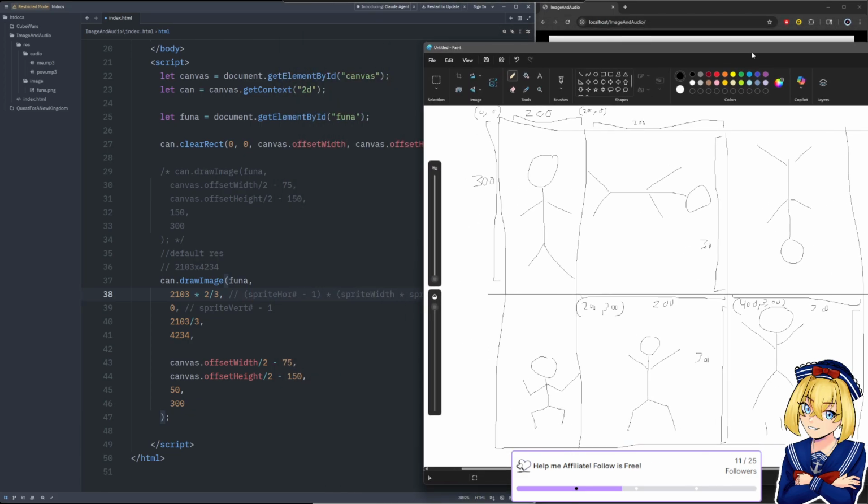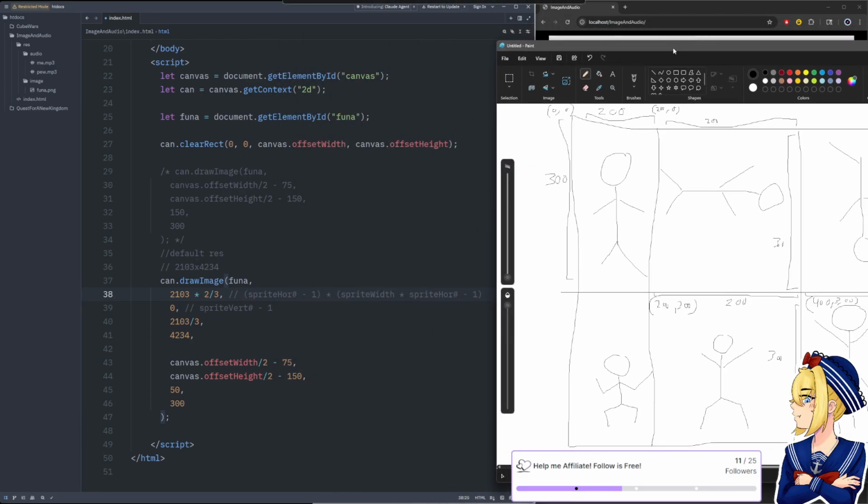So we want the first sprite. So it would be 0 times all that stuff, no matter what, it's going to be 0. If we want the first sprite, then it would be 1 minus 1, or this would be 2 minus 1, because we want the second one. So it'd be 1, and then 1 times the width, which is 200.